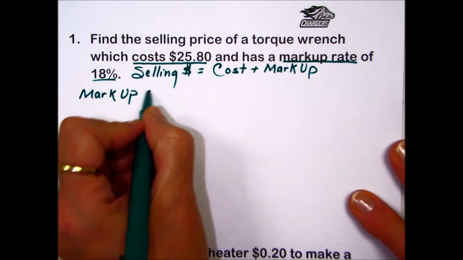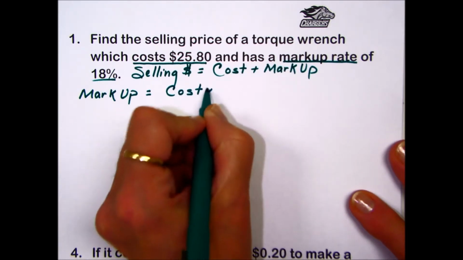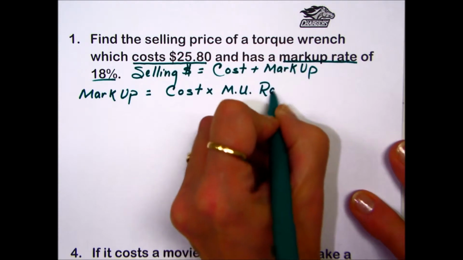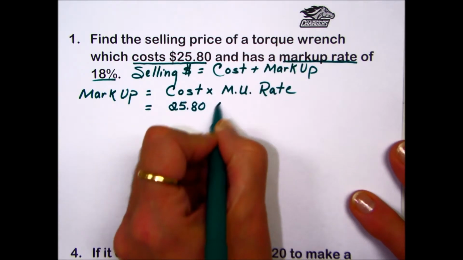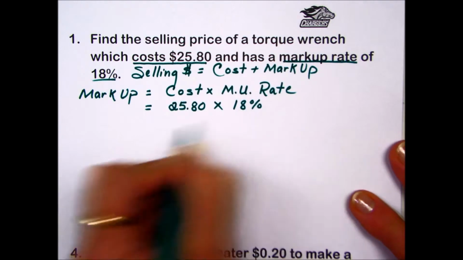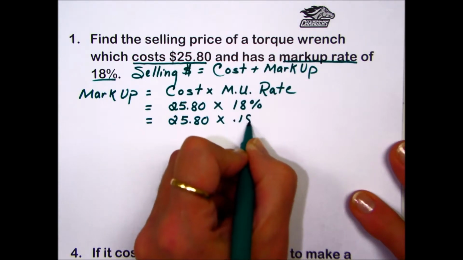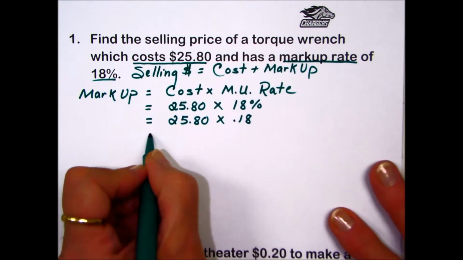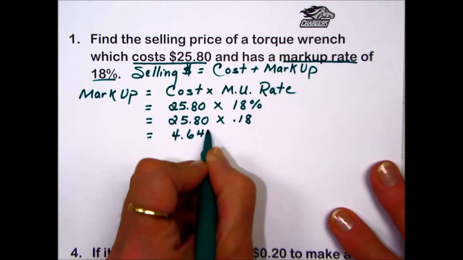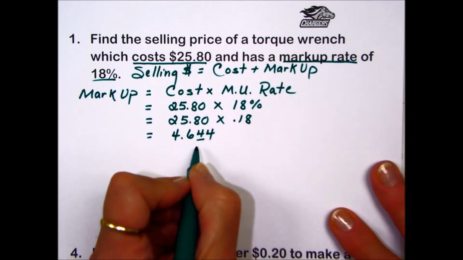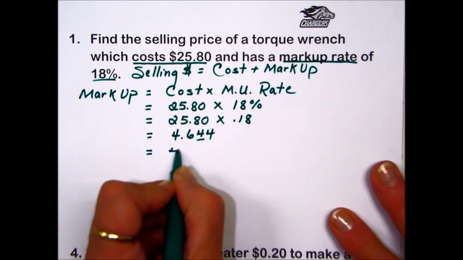To find the markup, when markup rate is given as a percent, we take the cost times that markup rate. So for this particular problem, we'll take the cost of the wrench, $25.80, and times it by the markup rate of 18%. Converting the percent into an equivalent decimal, moving the decimal place 2 to the left, gives us 0.18. Multiplying gives us $4.644. To express this number as proper cents, we're going to round to the hundredths place value, so our markup is going to be